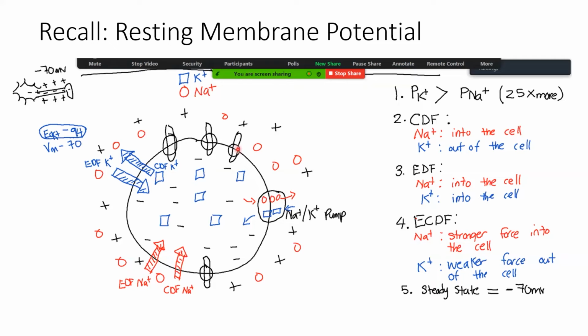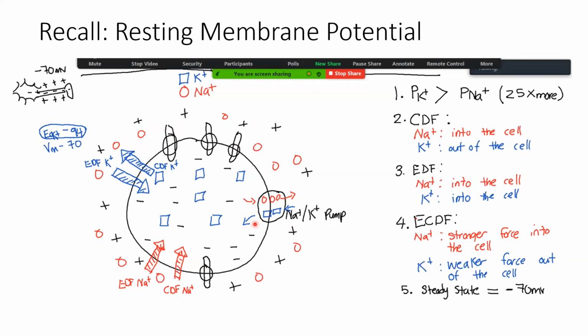So as we think about these two ions moving according to their ECDF, sodium really wants to get into the cell, but it has fewer opportunities to do so, whereas potassium wants to get out of the cell, right? Doesn't really want to get out because it has a weaker force, but it has more opportunities to do so, right? And then after this system is at steady state, that means that